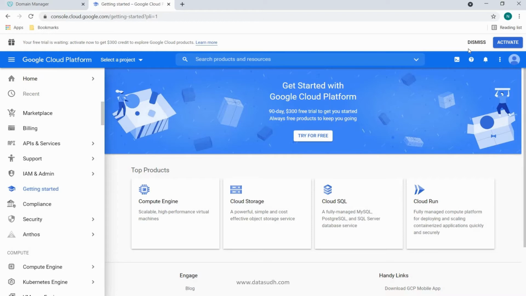When we click on this button, it will ask us for credit card information and some details so that it can authenticate us. It will not charge us for anything. It is a simple process to authenticate that this is a valid user who is going to use the trial. So let's go ahead and do that.